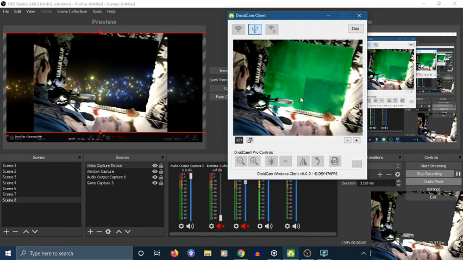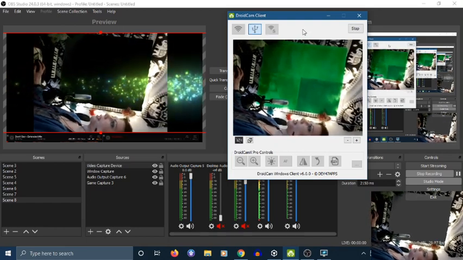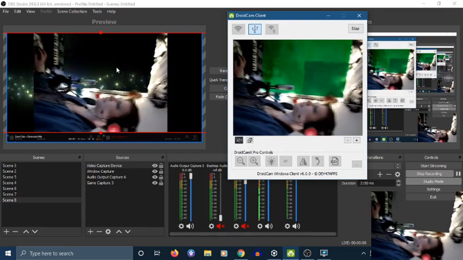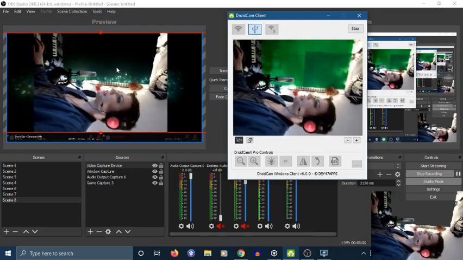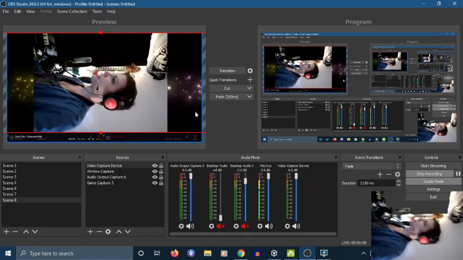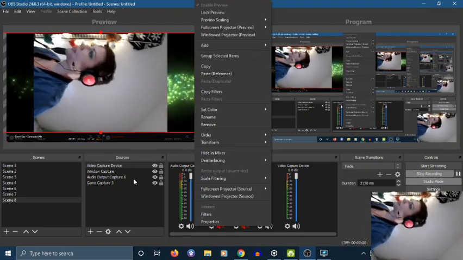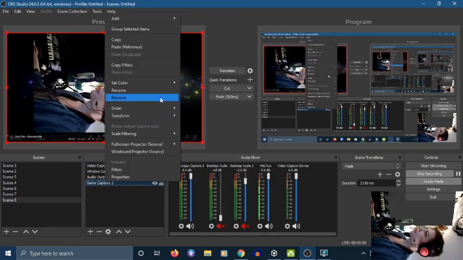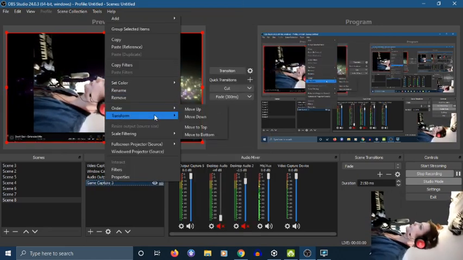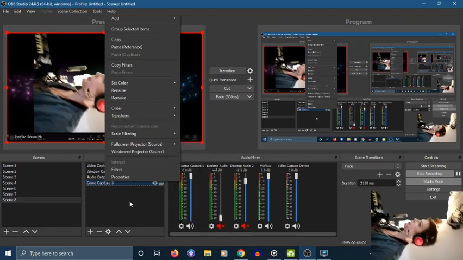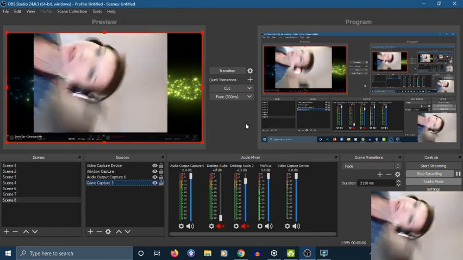yeah, so you can see my green screen on the Droid Cam client here, and then you can see it in action over here. This is pretty fun, and you can rotate your visual however you want by using the transform here in game capture. You can go up to transform and rotate or anything you want. So let's